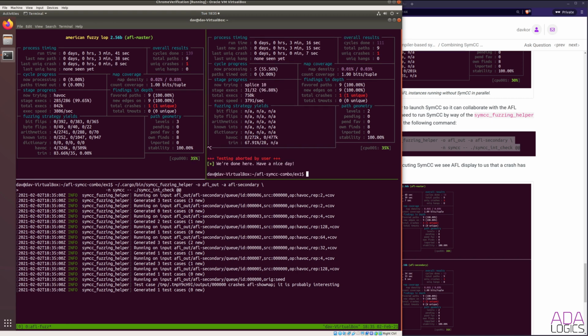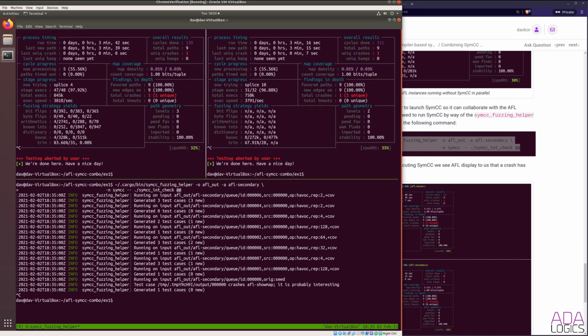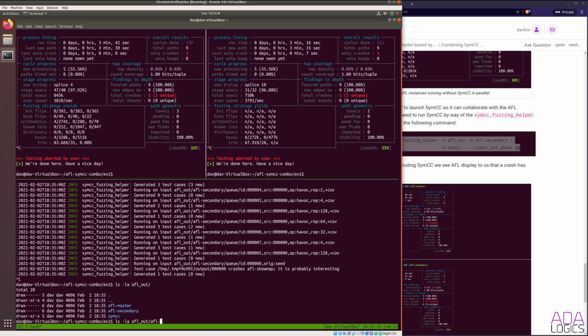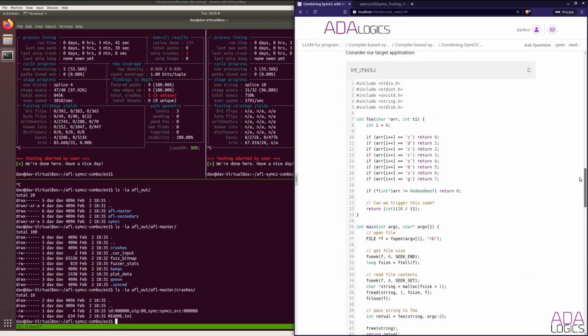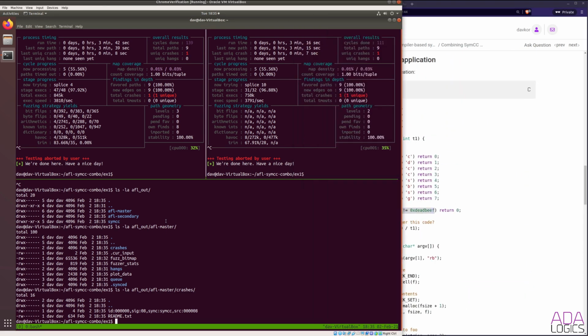So let's just exit these, and let's also exit this one, and then let's just look at the crash that was generated by, or the input that was generated by SymCC and what crash it caused. Let's look at the content of that file. And the content will simply exist within the AFL out folder as we would expect, and also AFL master here inside of crashes. And there we can see the file here that caused the crash. And we can see that it is 4 bytes, which is good because remember that we were only looking at the 4 bytes here. So if we look at what is the content of this file,